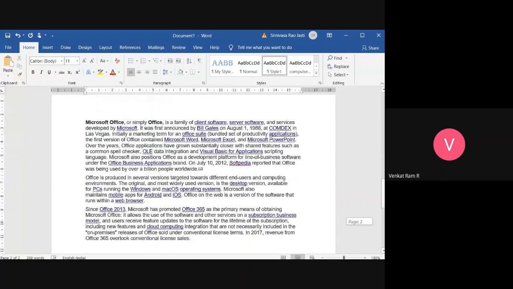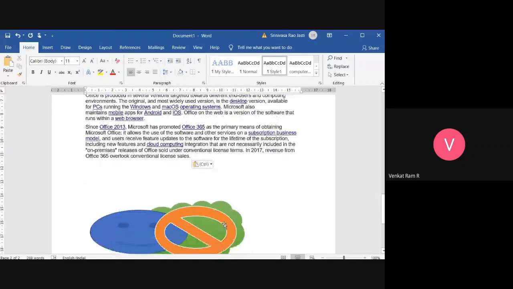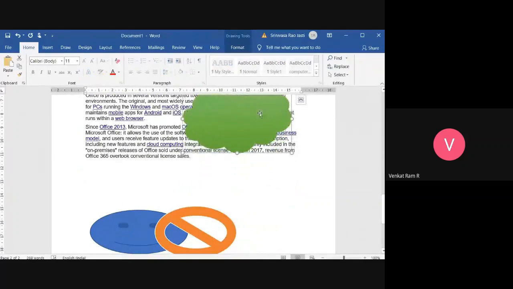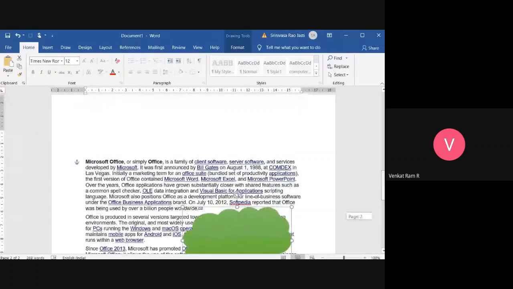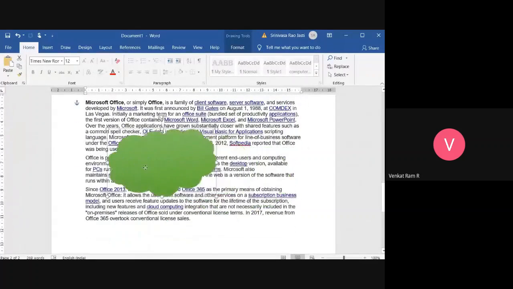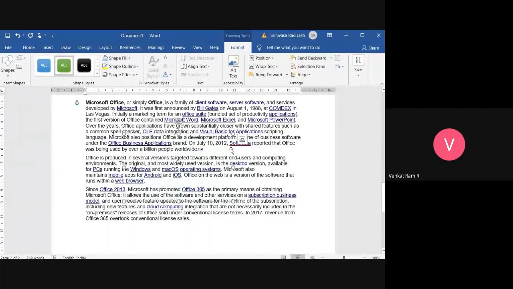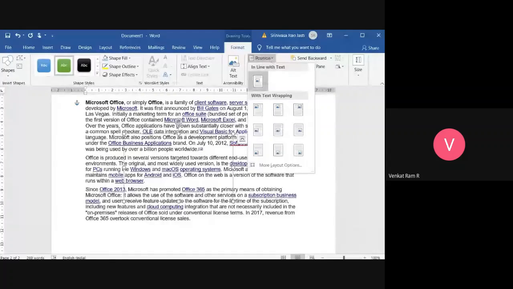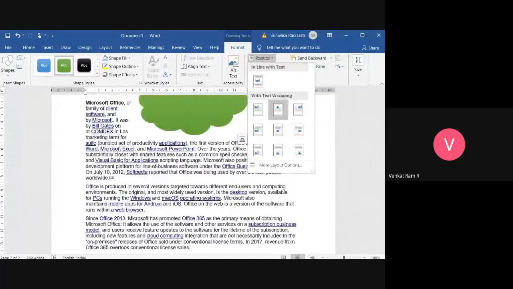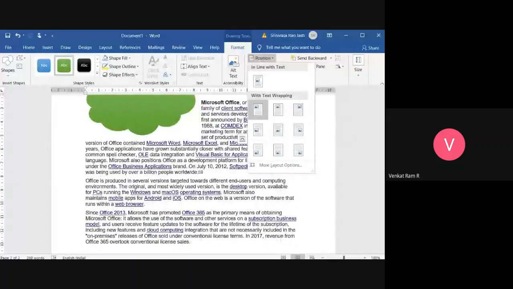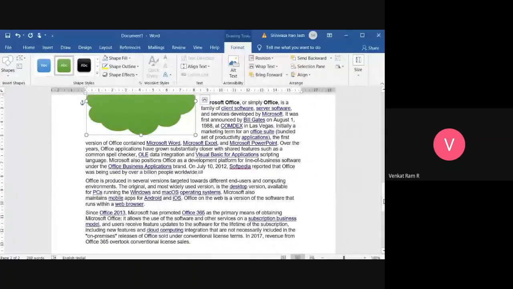So I copied here, and what I want to do is I want all these pictures in a proper format. Here it is overlapping and I am not able to see. Then what you can do is go to Format, send it to background. And this is called wrapping the text.